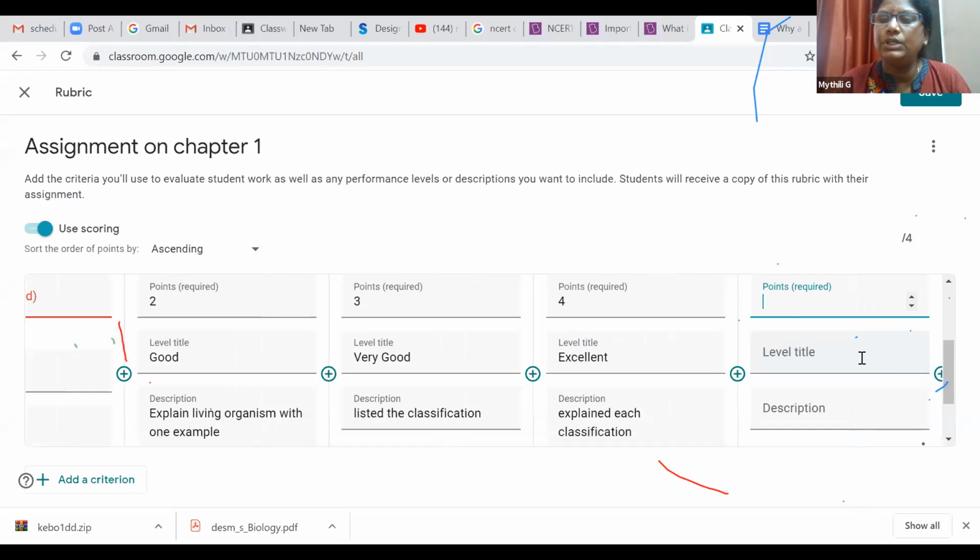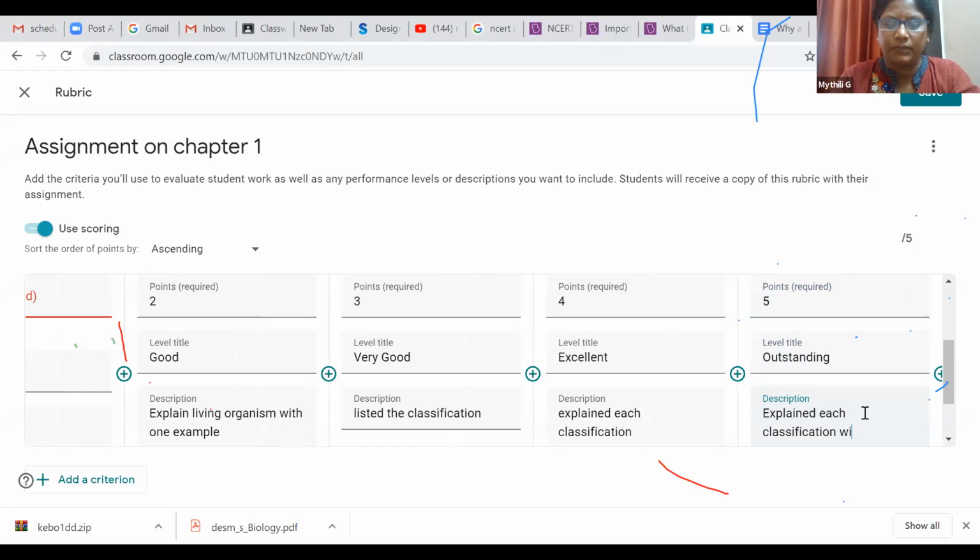If I want to give the mark 5, then I will say outstanding, and I'll say this explained each classification with example.